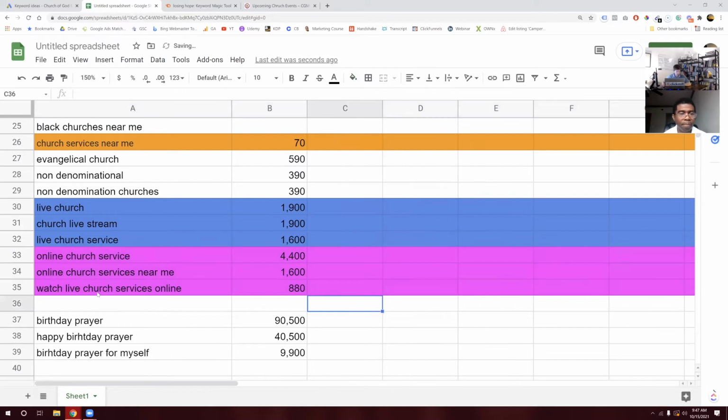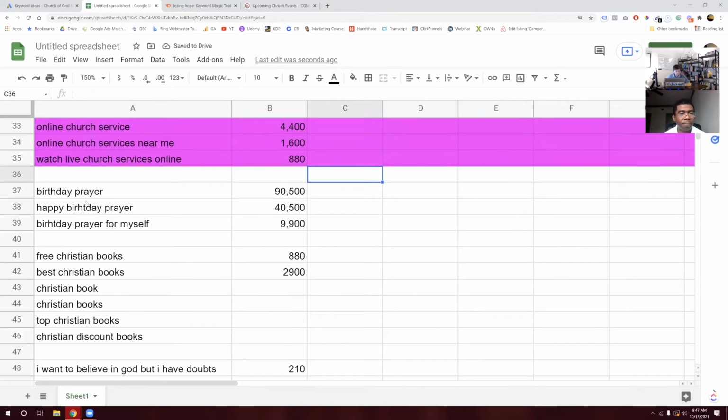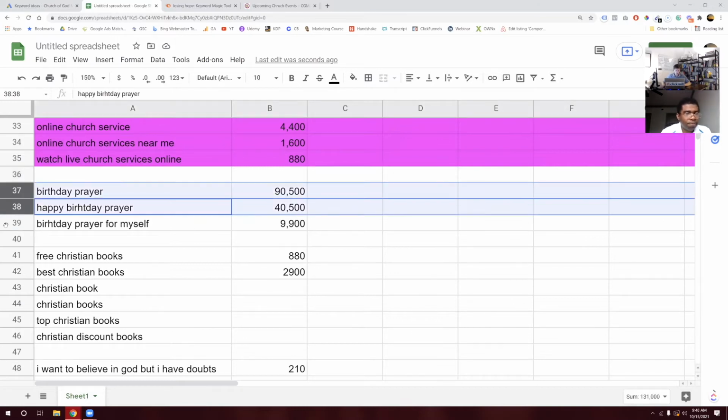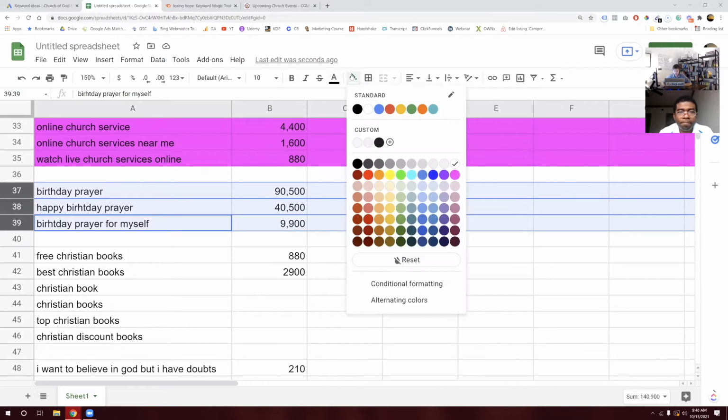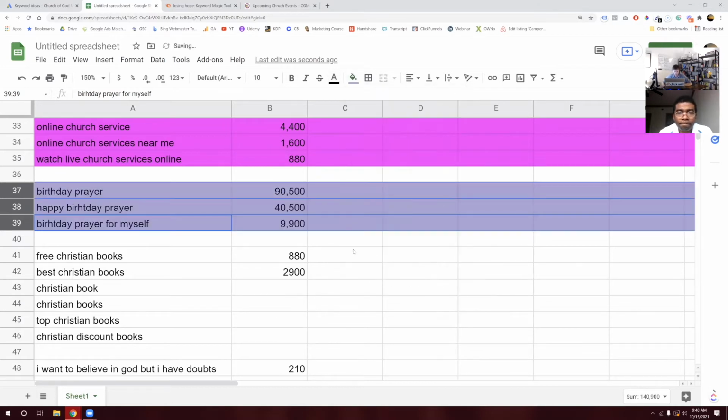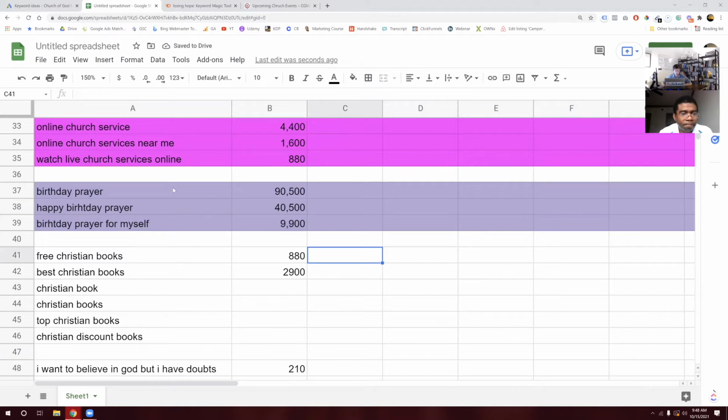That one pink. Okay, so we'll do birthday prayer as its own ad group. And here we'll go to purple. There we go. Now, the way that you can organize this faster is